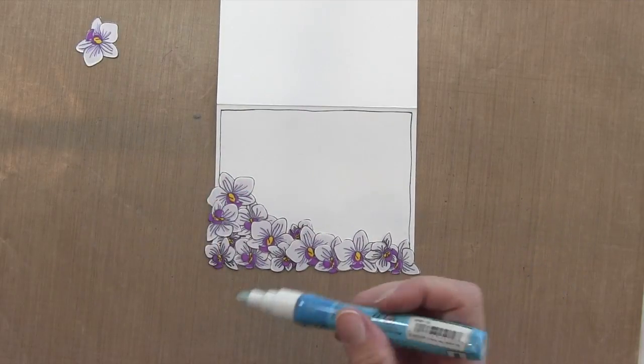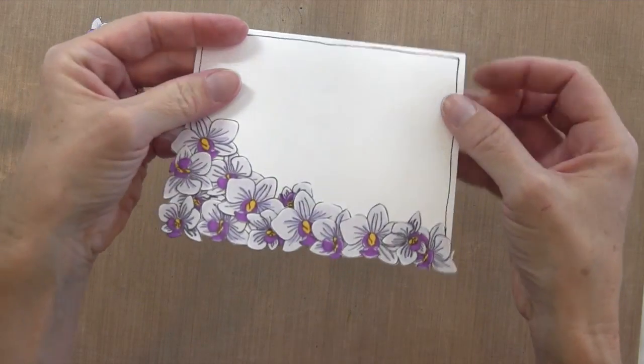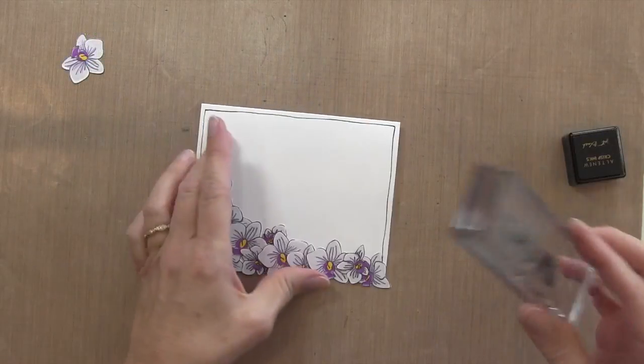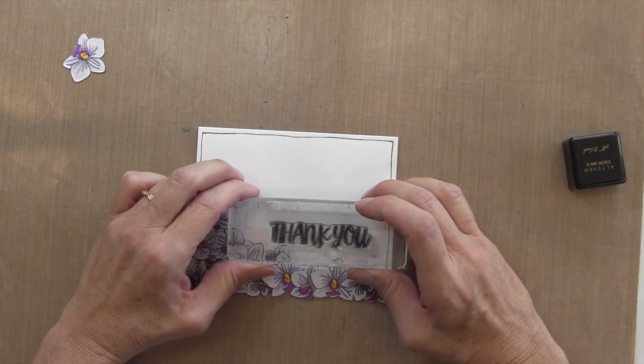So now I have these beautiful flowers hanging off the edge of my card here, and I can lift it up and fold it. You can see that it's right out off the edge of both the front and the back, but it'll still fit in the envelope. Now I used the sentiment from the set, thank you,